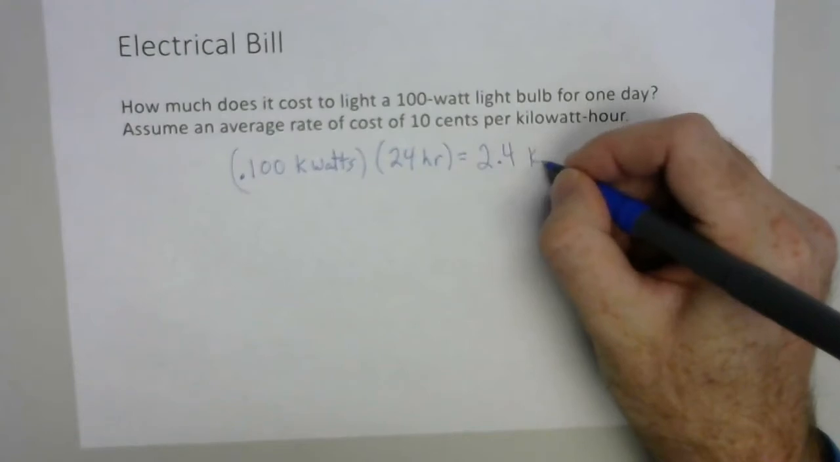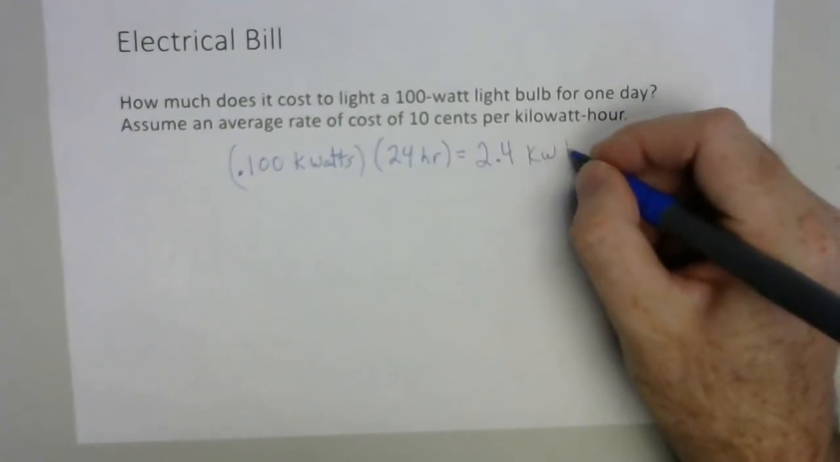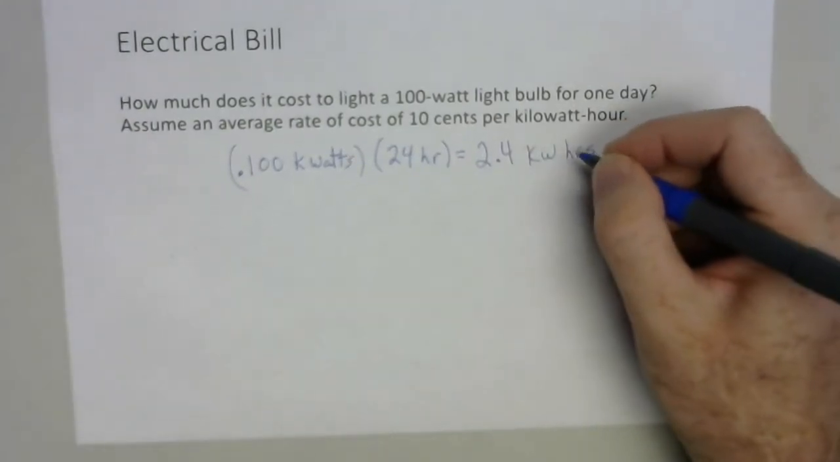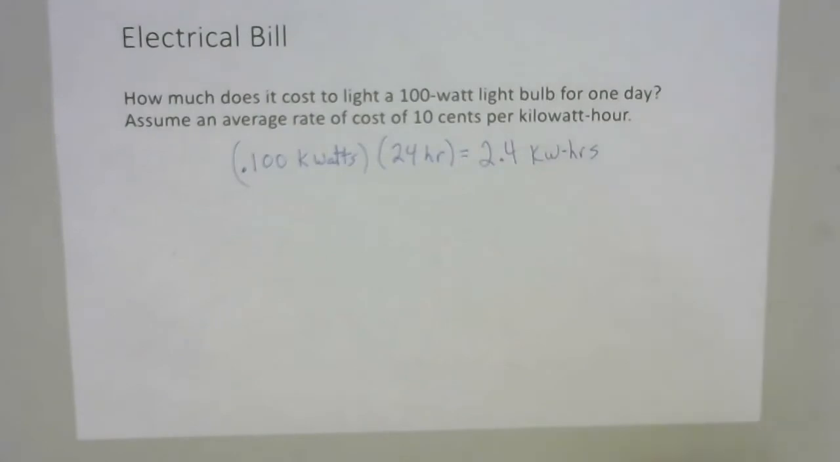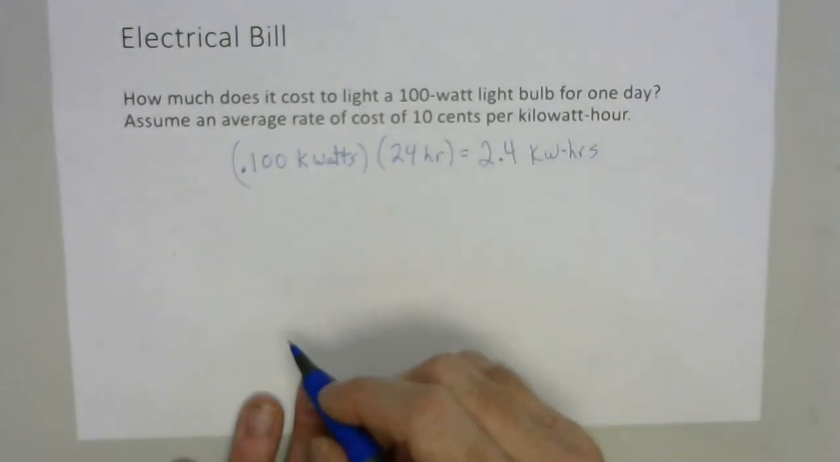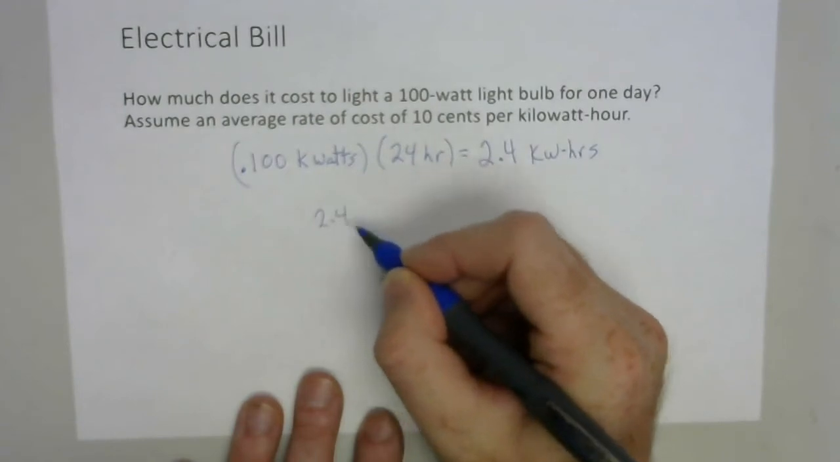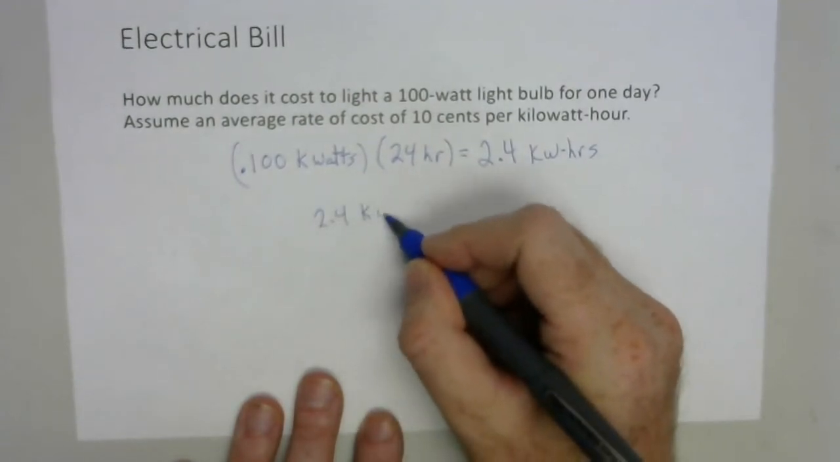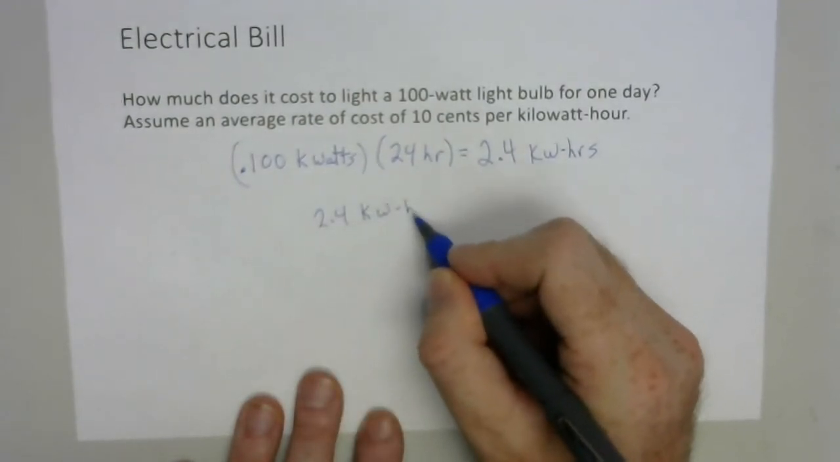2.4 kilowatt hours. But it's kilowatts times hours. Now we know the cost per hour. So if we got 2.4 kilowatts times hours,